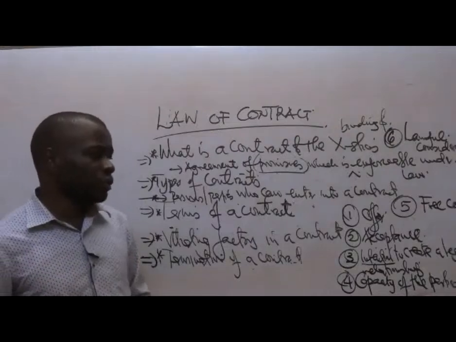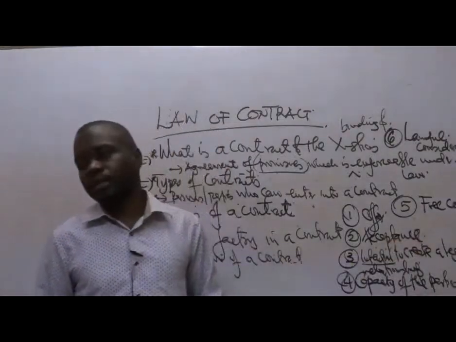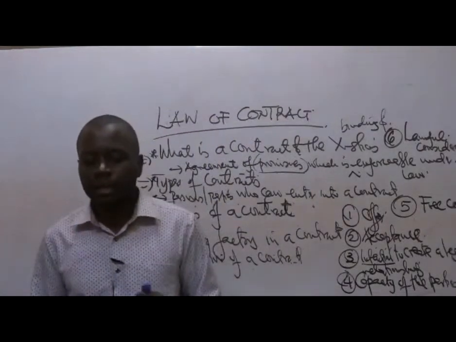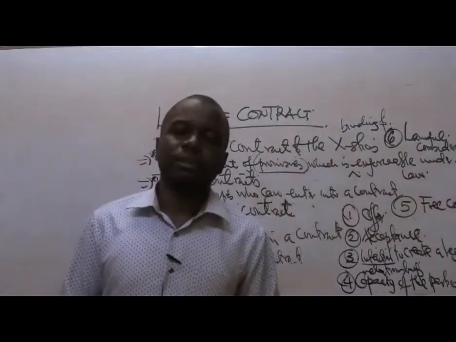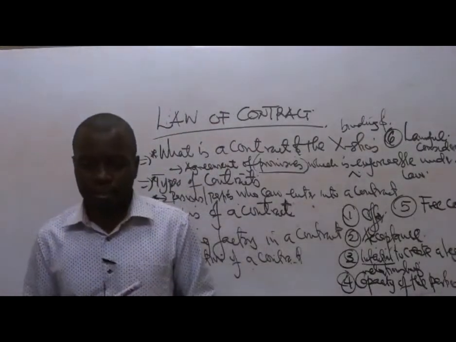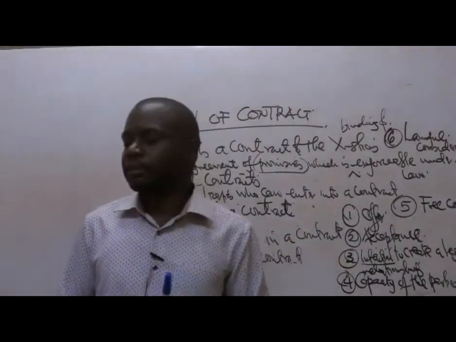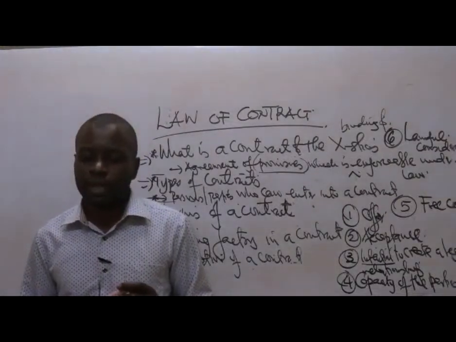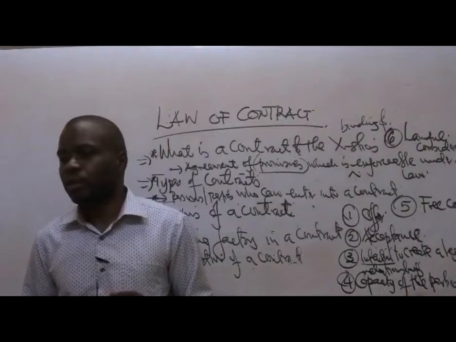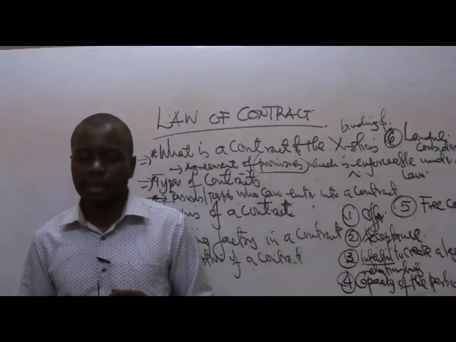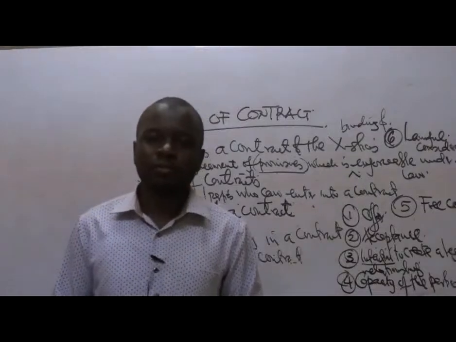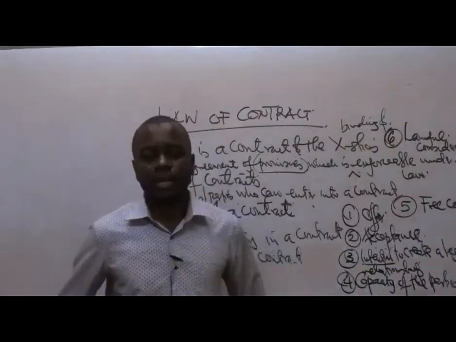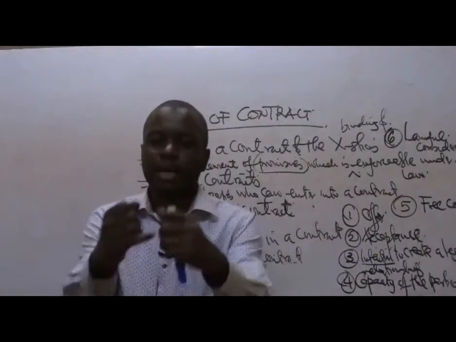It is normally a free consent. In this case, it simply means that you cannot be coerced to maybe live with someone you don't love. When the husband and the wife are getting together, there is what we call free consent. So you cannot be forced. You as the lady are the one who knows what you are getting out of it. So you freely accept. It's normally through free consent. You cannot be forced by any person to get married to another person.